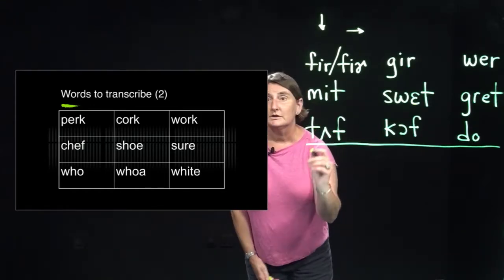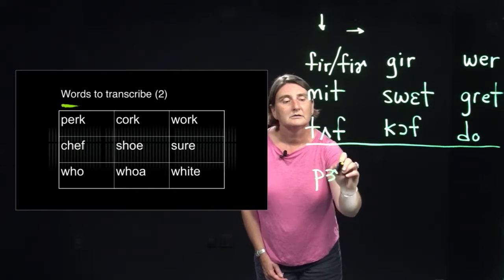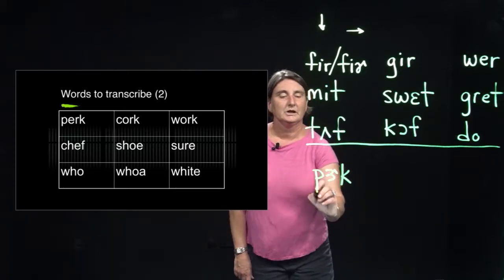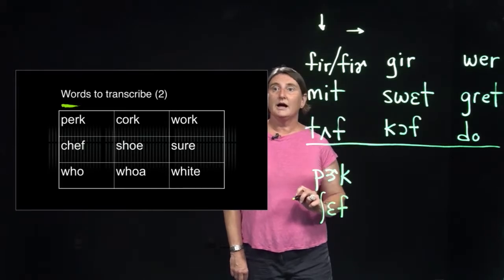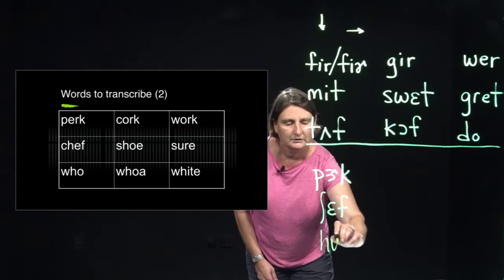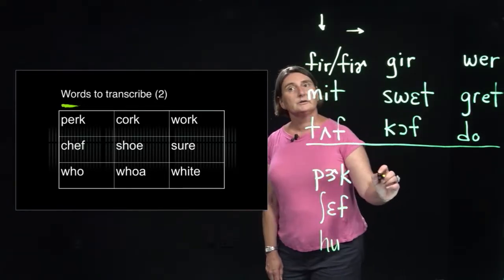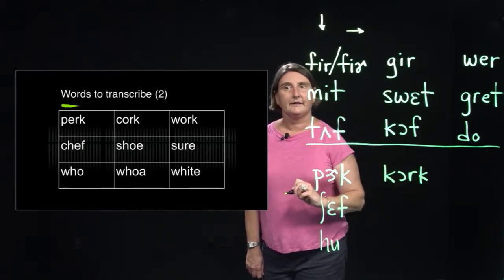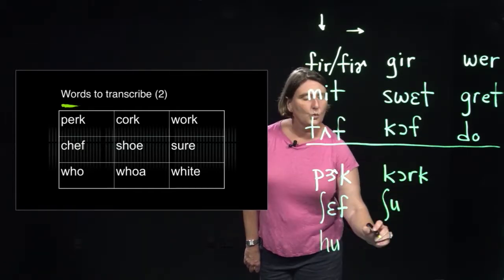Okay, perk. So this is going to use a vowel, like the bird vowel. So perk will be like that. Chef. Sh. Eh. Chef. And who. Also, more letters in the spelling than who in the transcription, just H-U in the transcription. Cork. Like that. Shoe, just like that. Whoa,